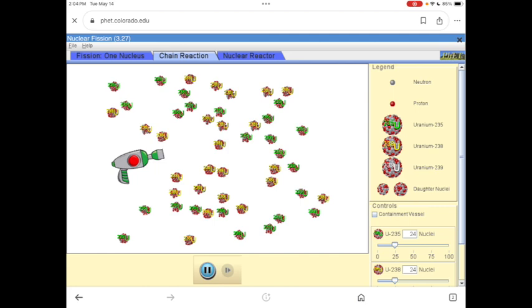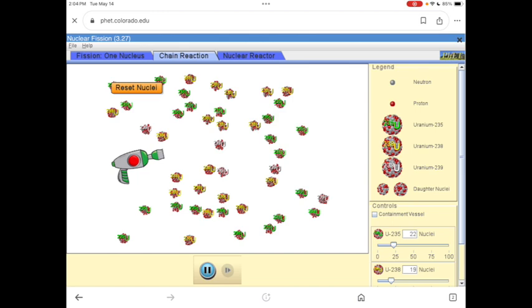Now uranium-238 is not fissionable, and if you get it hit with a neutron, it's just going to turn to uranium-239, and that's going to be basically just nothing. Nothing's going to happen. But if one of those neutrons hits a uranium-235, well then it's going to split off and it may strike another uranium-235, as you saw, which may cause another uranium-235 to explode. But if those neutrons get hit by uranium-238 or they run into a uranium-239, well then nothing happens and there's